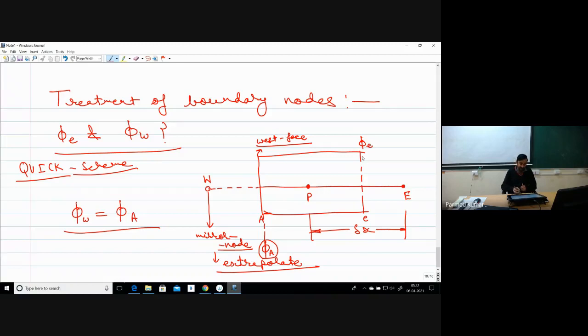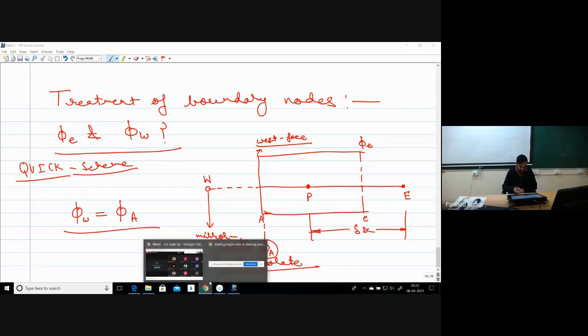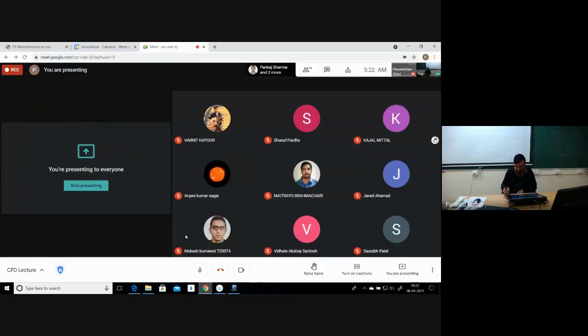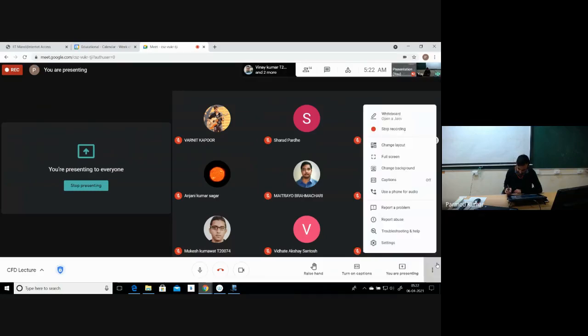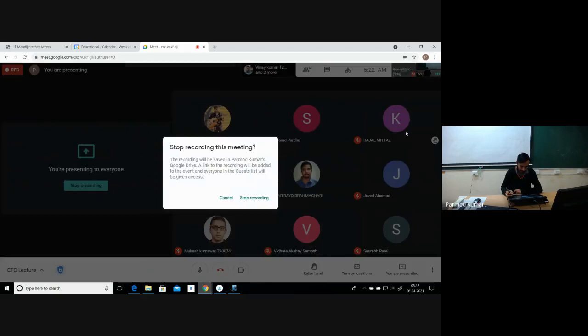Now, how mathematically we can extrapolate this value, and how to employ this mirror node for finding out the value of phi E and d phi by dx for the boundary nodes, we will try to see in the next lecture. I have just introduced you to the basic concept, and the detailed mathematical derivation and the treatment of boundary nodes we will see in our next lecture. So if you have any questions, then